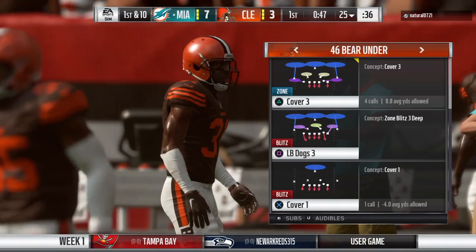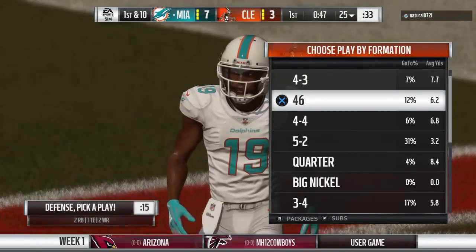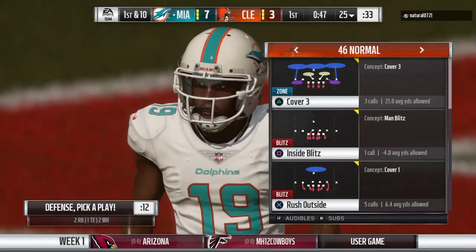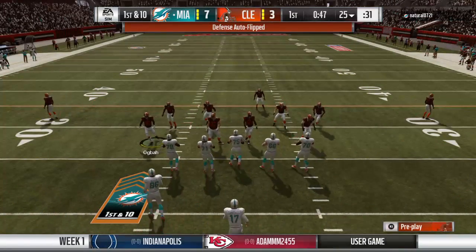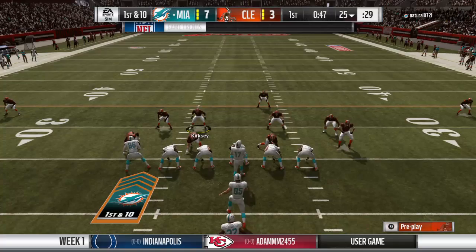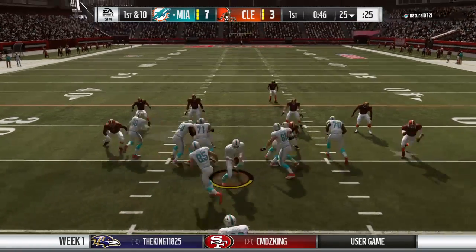The Dolphins offense now working their way back onto the field. And they're hoping to redo their efforts in the last drive when they got into the end zone. And just think of what it's like now on the sideline, because when you score a touchdown, you have to go over and look at the tablet and see what you did on the last drive. When you scored points, it's a whole lot better view than when you're trying to figure out how to fix